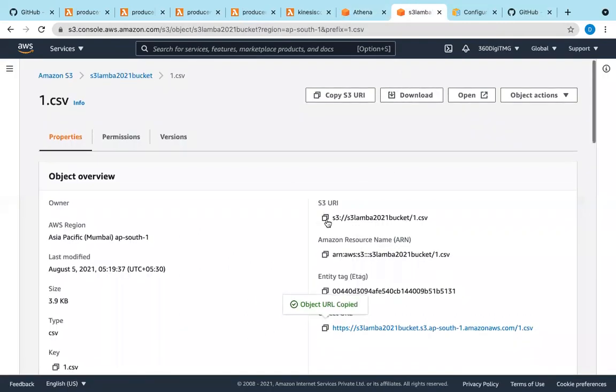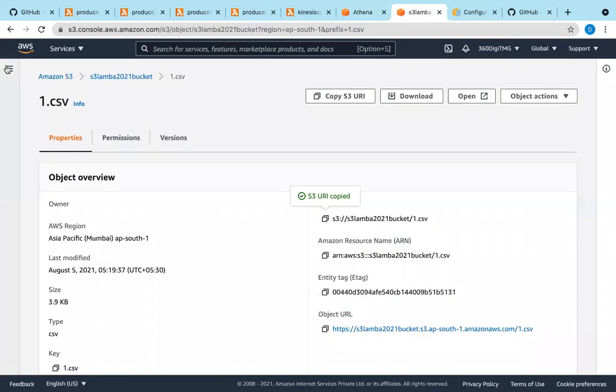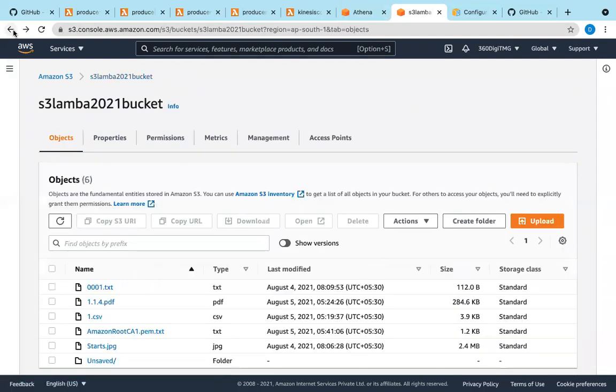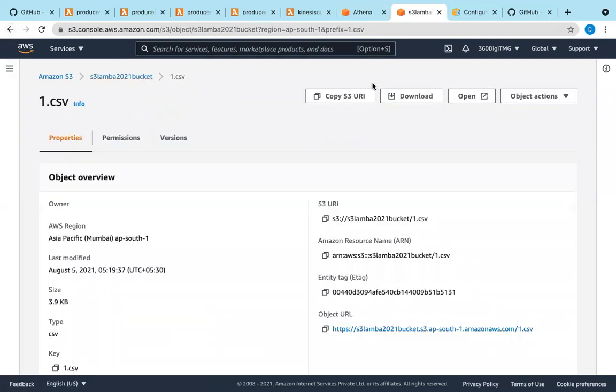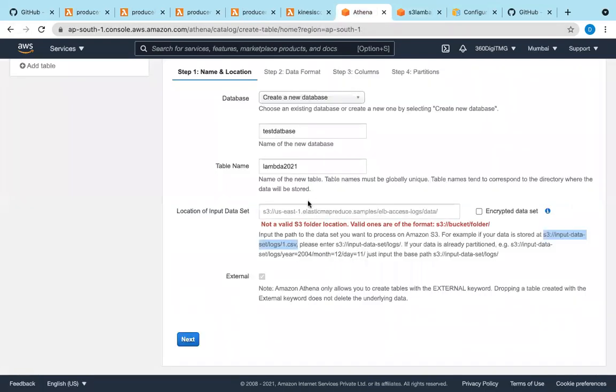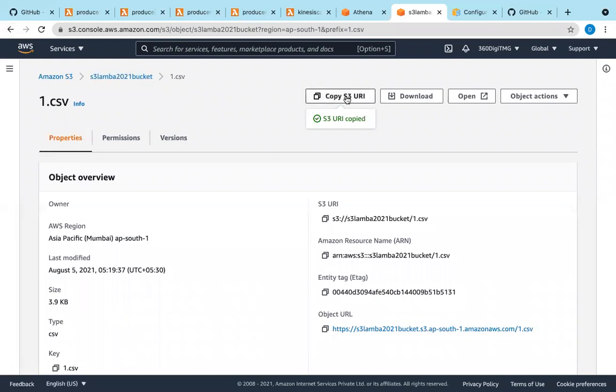So object URL. Okay, now give it here. Bucket name, and then folder. So we don't have a folder. So let's try this.